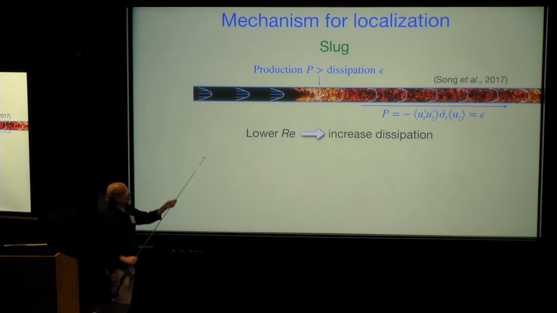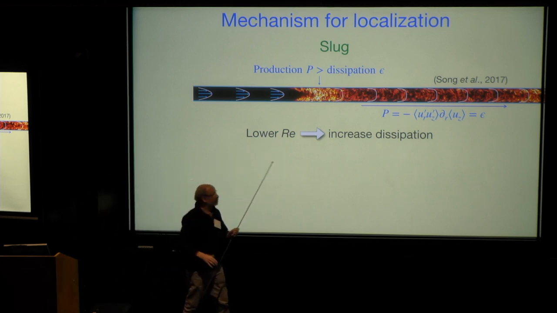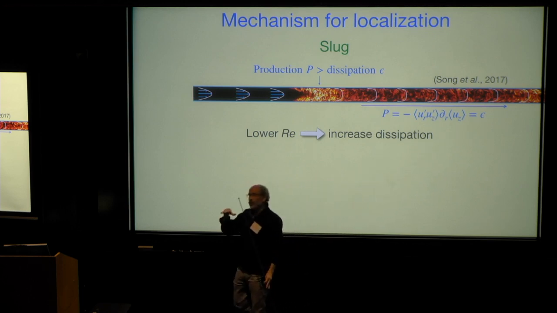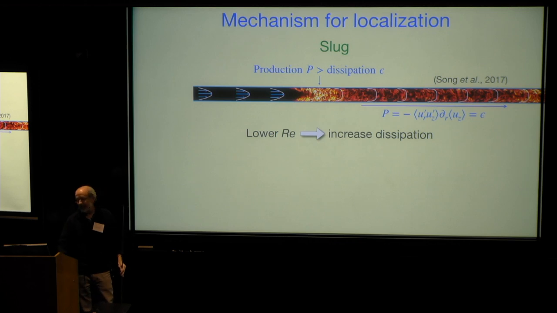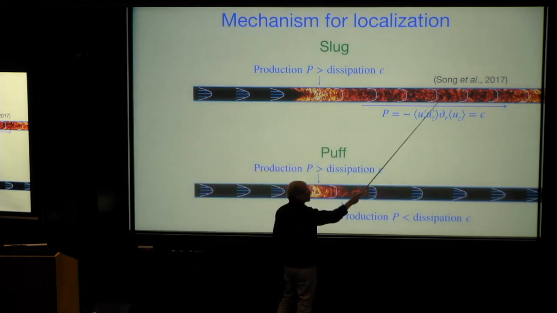Now let's imagine that I'm going to decrease the Reynolds number. That's when I increase the dissipation, increase the viscosity. That term doesn't change. This one does. Eventually, I lose that balance. These are subcritical flows, so that happens discontinuously. That balance is lost, and the core of this slug collapses. All of this downstream part can no longer sustain as an equilibrium. This equilibrium cannot hold. It collapses.